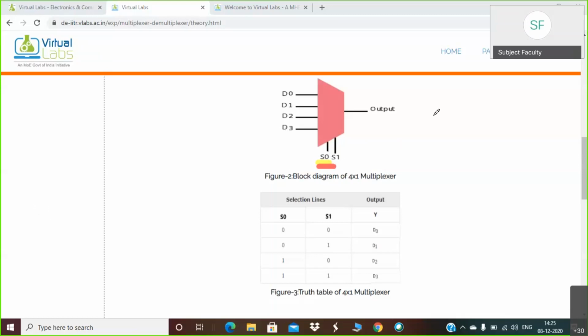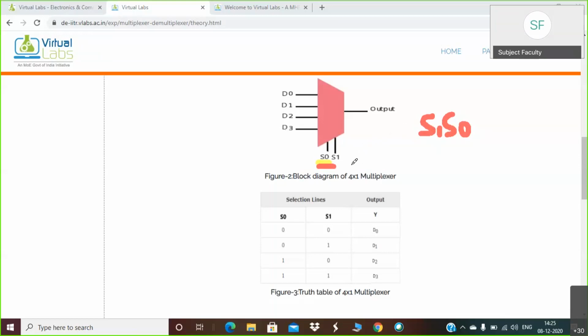But in our theory class, we took S1 as the MSB, and then S0. So this is the difference. This difference is just for indication purposes, and nothing will change because of this.